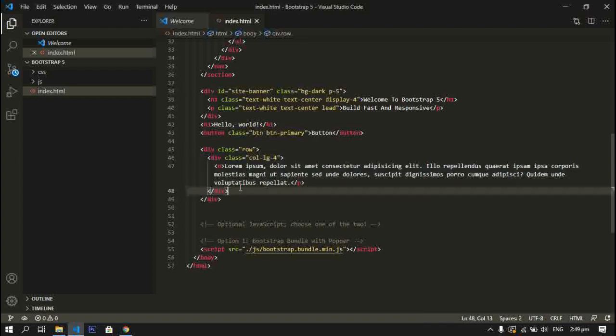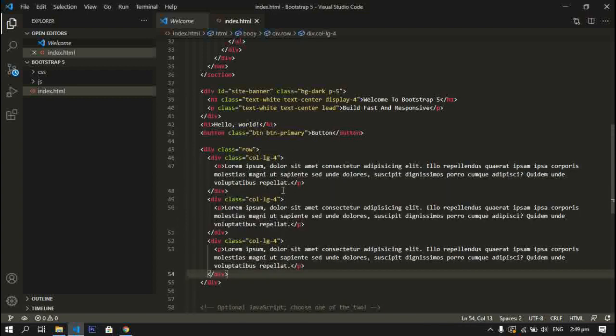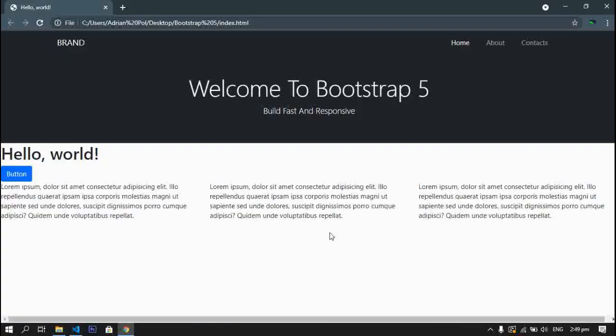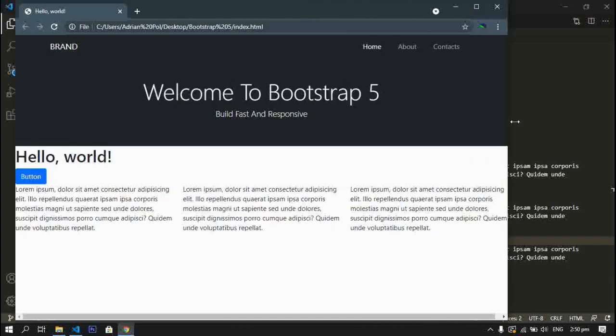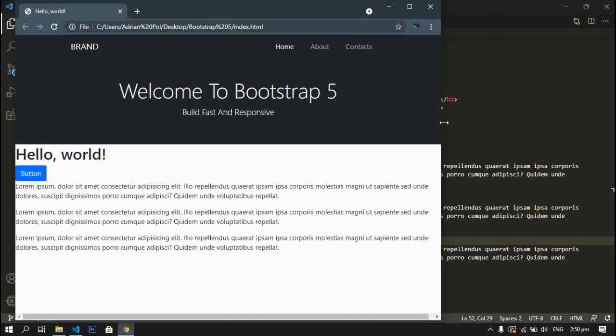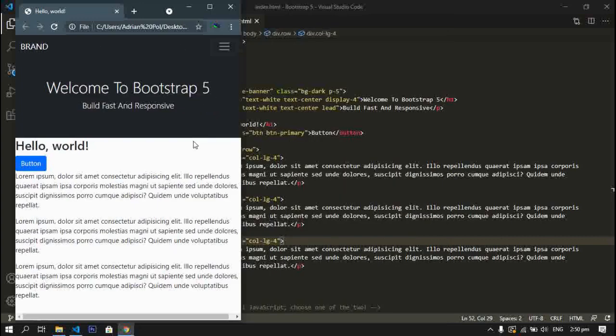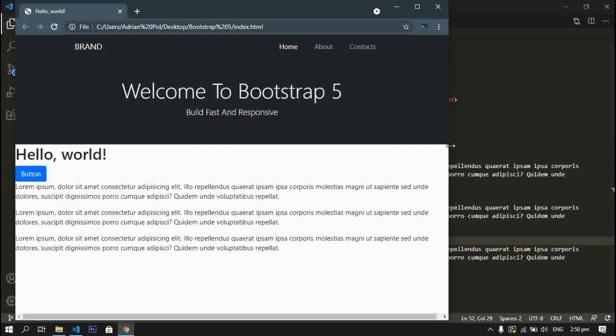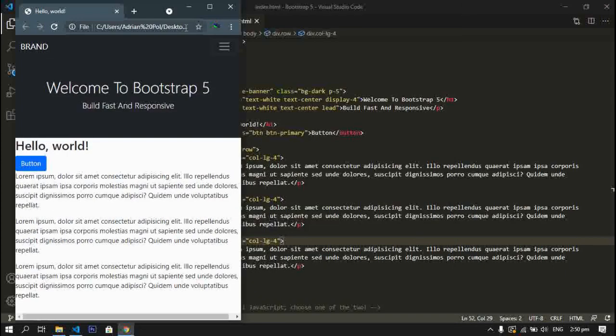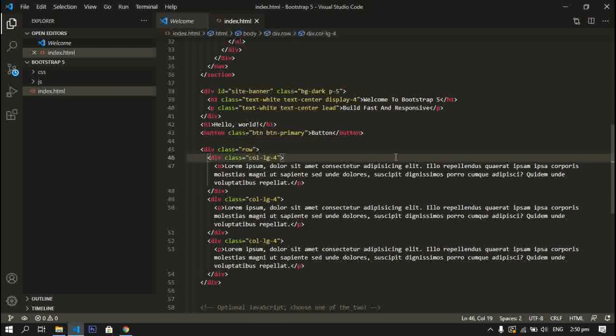And let's make 3 copies of this since we want to make the value 12. 4, 8, 12. So now there. In the desktop view, as you can see, 3 columns, but in the tablet view, it will automatically make it 1. So what I want to do is that when it reaches this breakpoint here, I want to see two columns here and one column here. So to make it happen, we have to use the class